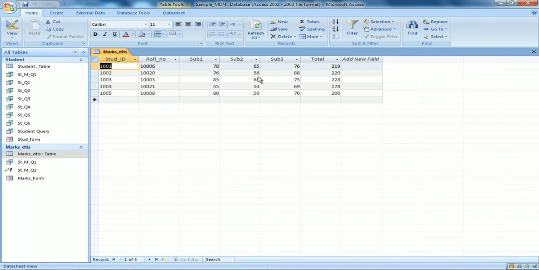Just check 78 plus 65 plus 76, how much we are getting. 6 plus 5, 11, 11 plus 8, 9, 19, 19, 7, 6, 13, 13 and 7, 20, 21. So this total is correct. So my formula writing is correct. So I have executed. Now again, if you click on update, on this value again it will be updated. So once you have updated, do not update it once more over there.